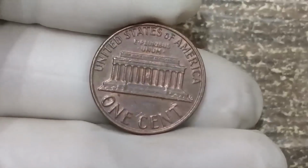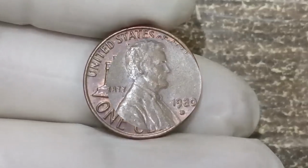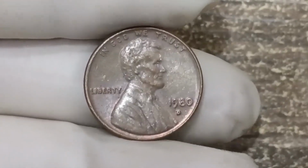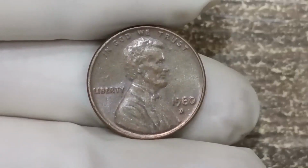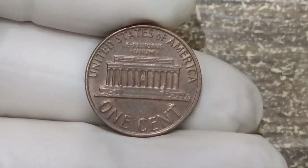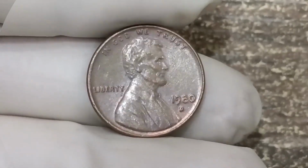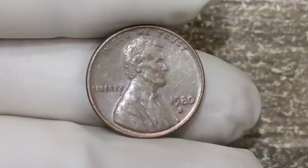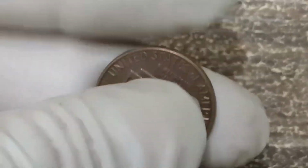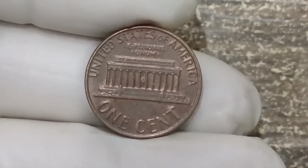everyday transactions. Consider also the role of condition, because while errors add incredible value, the grade of the coin, meaning its level of preservation, plays a critical role too. A 1980 penny with a rare error but heavily worn from circulation might fetch a few $1,000s. But the same error in pristine mint state condition, with brilliant red luster and minimal marks, could easily command $300,000 or more at auction. Collectors crave perfection, and the combination of rarity, condition, and historical significance is what drives these